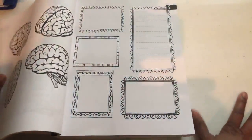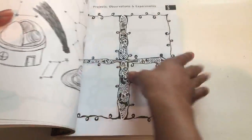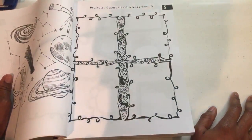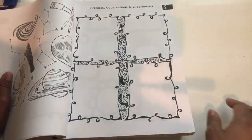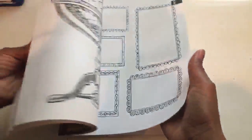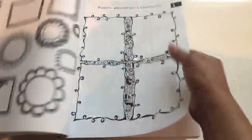What I particularly like about this is that it's highlighted what subject you're working on. So you know that all of this is going to be science. It says project, observation, experiences. This can be where you use your vocabulary words. What unit study, you can put unit 1, unit 2, unit 3, unit 4, however you want to do it in order to make it more adaptable for you. For science,